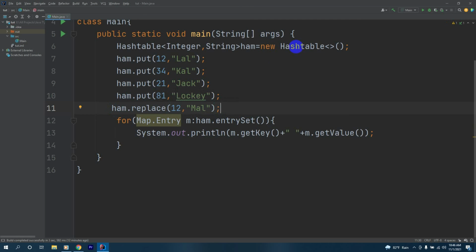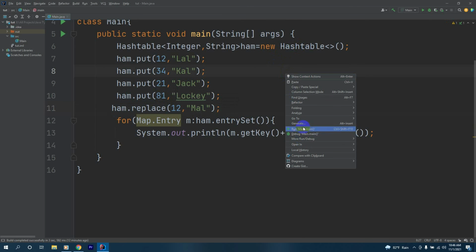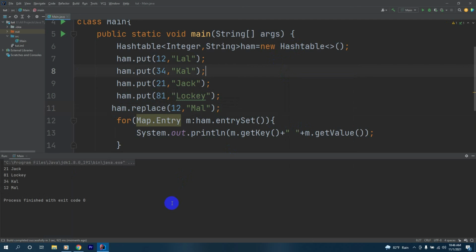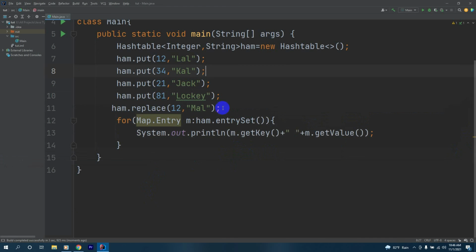And after that, let's run this and check the output. We got 12 Mal this time instead of Lal. That's why we replaced the 12th key with the value Mal and replaced the Lal value. That's how to do that.